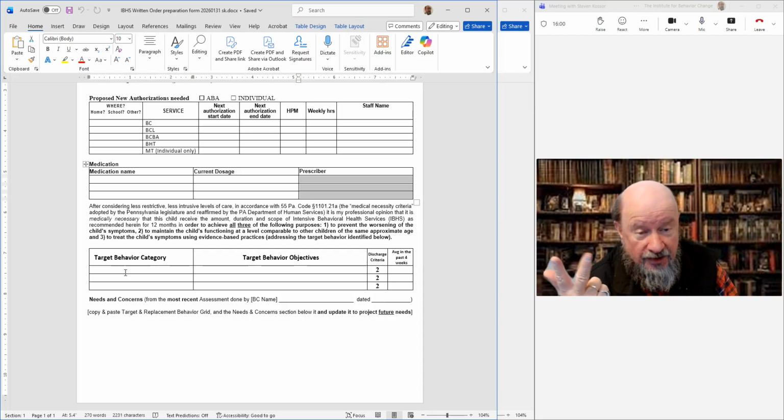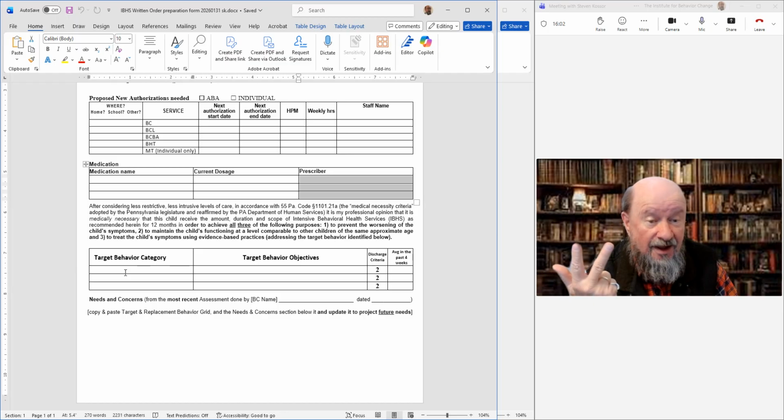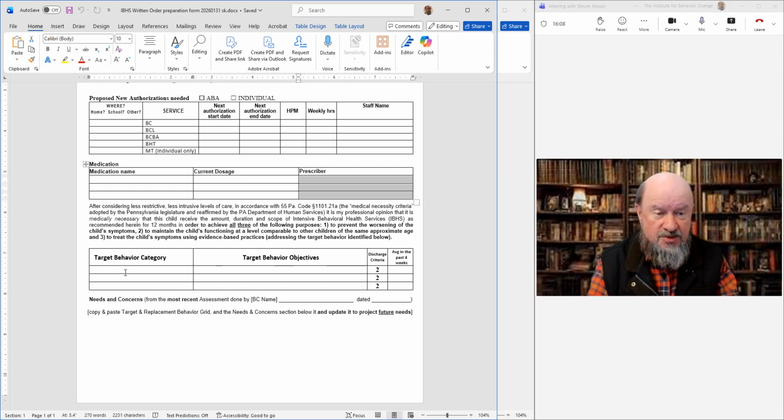So what's the third issue? The third one is non-compliance with caregiver prompts. If a child's not listening to the people who are responsible for their health and safety, it's not going to end well. So we have to, as a priority, focus on that as the third of 3 top behavior domains